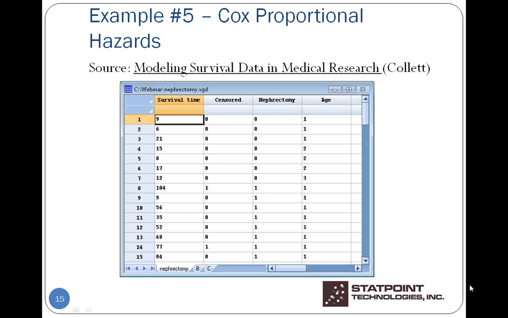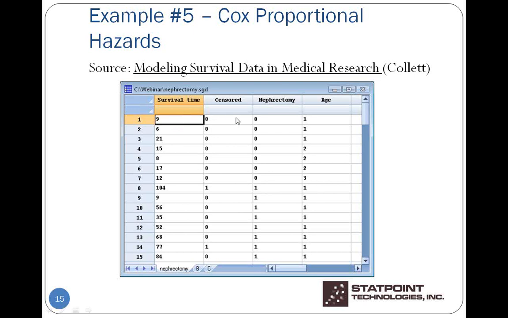Now, the example is in a data file called nephrectomy. And what it is, is the survival time of a selected set of patients. Survival time actually recorded in months. These were all patients who had been diagnosed with some sort of kidney cancer. Okay. Now,